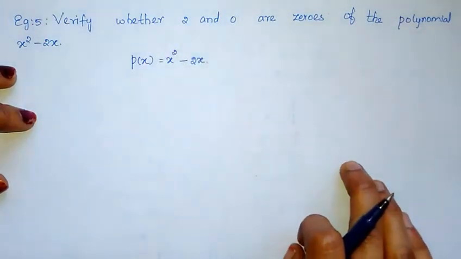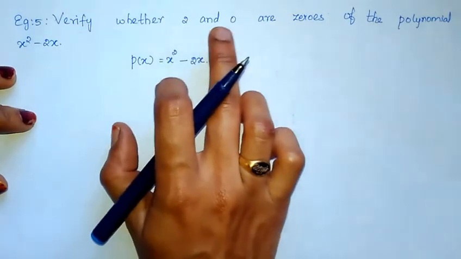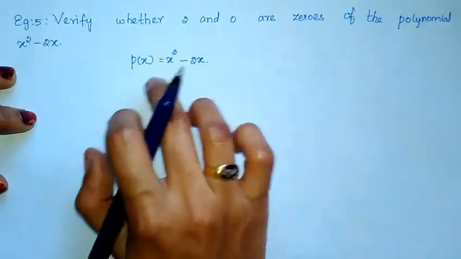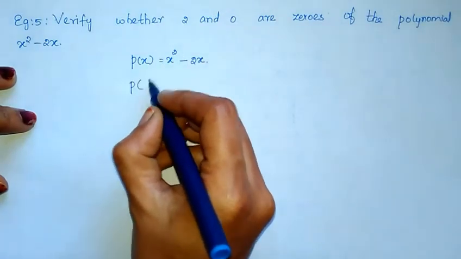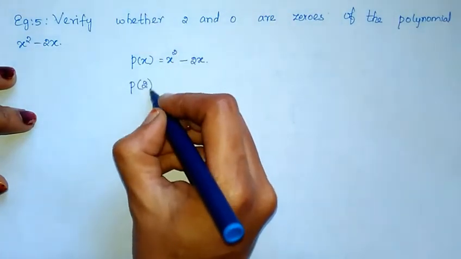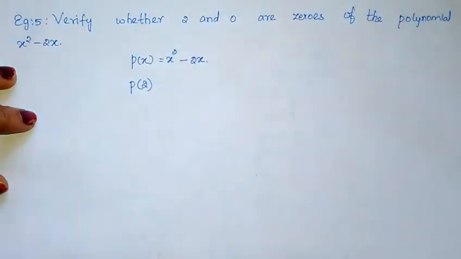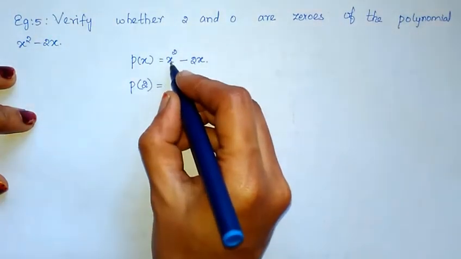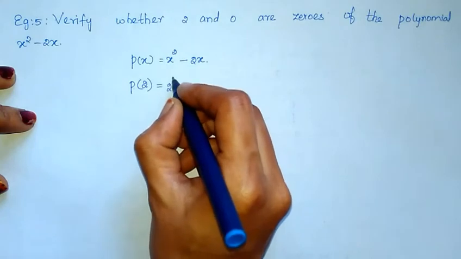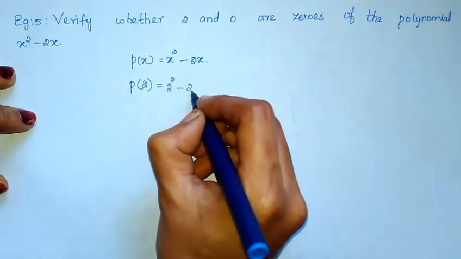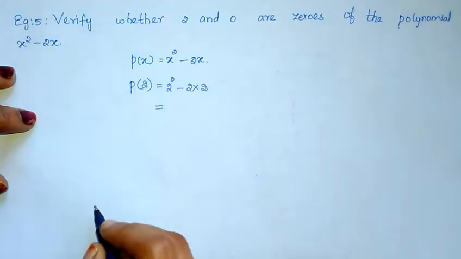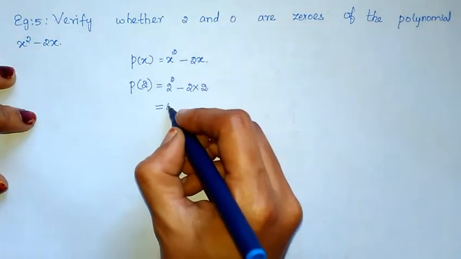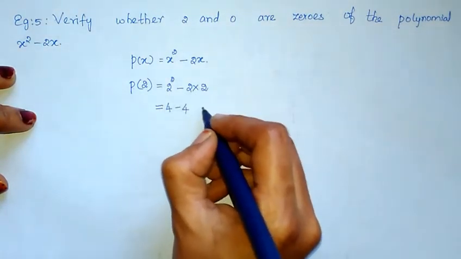Now, we have to check whether 2 and 0 are zeros of this polynomial or not. So, first, in the place of x, I am going to apply the number 2. So, p of 2 equal to 2 square minus 2 into 2, which is equal to 4 minus 4, which is equal